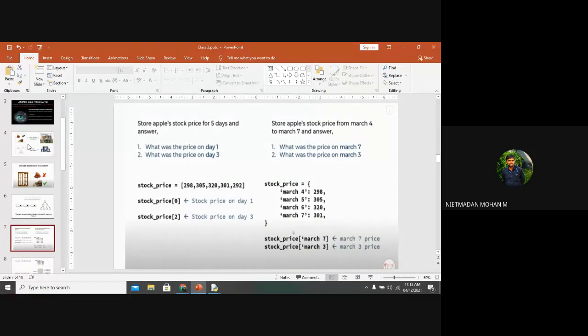You are storing an Apple price for 5 days, and in the third line of code, we want to find out what the price of day 1 and day 3 was. Here the stock price index will be 0. If we are using a list, the index value starts from 0, 1, 2 and 3, so we give 0 and it produces the result 298, right?